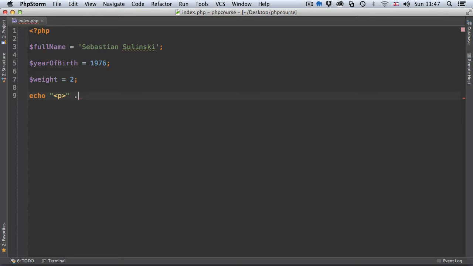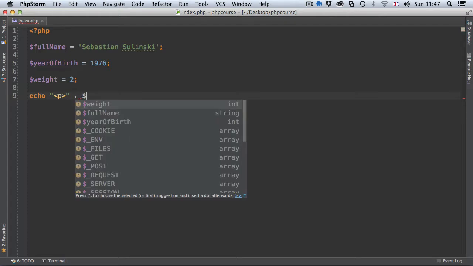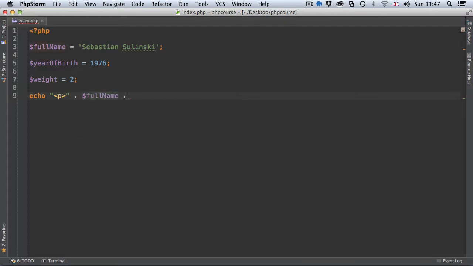And now you can have spaces between the full stops or not, as you may remember in PHP, as long as it's not within the string, which would be wrapped within the double or single quotes, you can use spaces, tabs, and so on. It doesn't really matter. And now we are going to concatenate it with the full name, then another concatenation, so another full stop, and then we continue with our string, was born in, space again, and then let's concatenate it with the year of